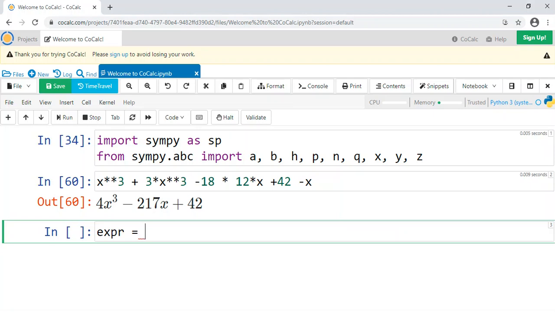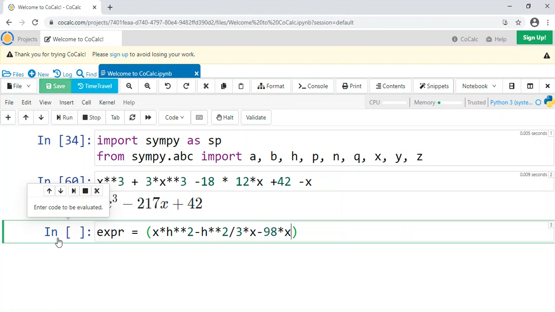We already have h and x defined as symbols, so let's go with parentheses x times h to the power of 2 minus h to the power of 2 over 3 times x minus 98 times x to the power of 3 plus h over x to the power of 3.